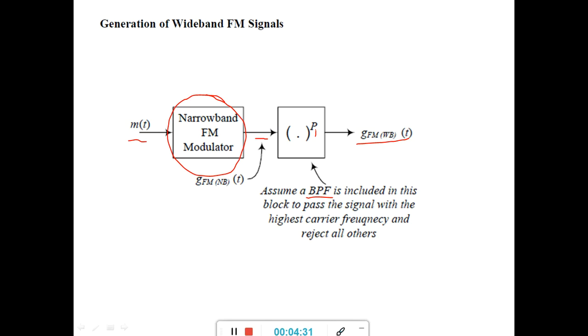The desired increase in the carrier frequency and the desired increase in delta F are different. So we increase delta F to the desired value, where the frequency shifter, that means the band pass filter, can change the carrier frequency to the desired value. After passing this we receive the wideband FM signal.